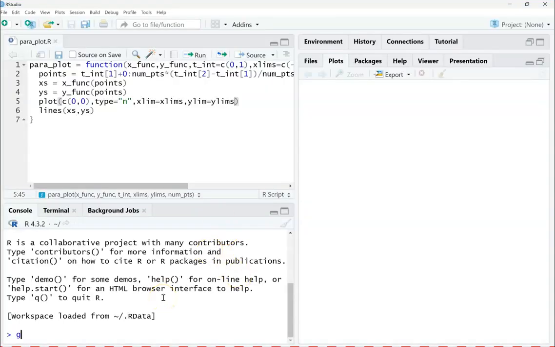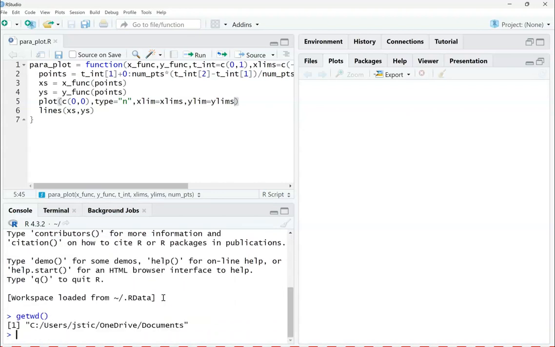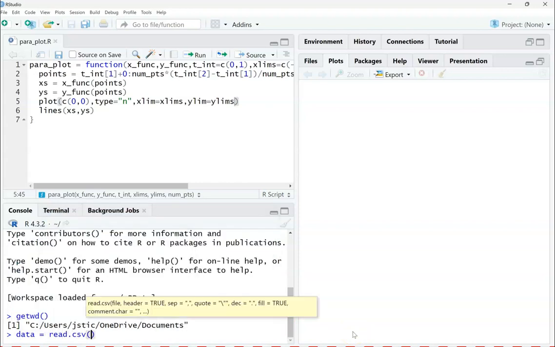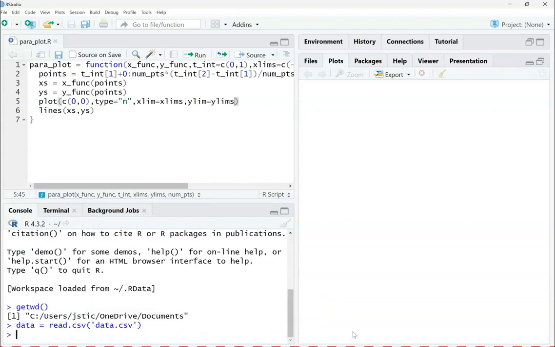All right. I can check to make sure that I'm in the right folder. That's not where I want to be. I don't think that's the right folder. I think I just saved it locally. We'll give it a shot. I'm going to call it data, and I'm going to do read.csv, and I just saved it as data.csv. Oh, I did. Okay, this is the right one. All right, so